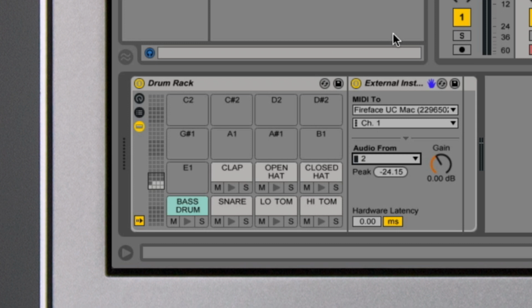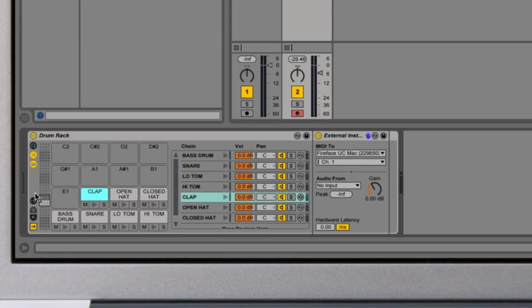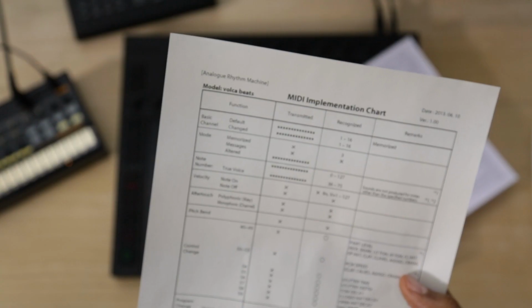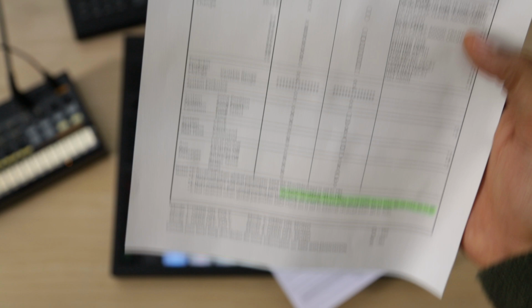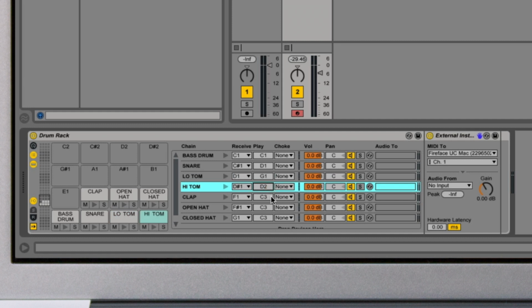As a final step to play your drum machine from Push, you will need to set up the drum rack so the MIDI notes of the drum rack pads in Live correspond to the pads on Push and trigger the sounds of your drum machine. To do this, we'll need to open the chain section of the drum rack and go to the Input-Output section. Using the MIDI implementation chart of the drum machine, we can now map the correct MIDI notes that play the drums of the hardware to correspond with the drum rack pads so that you have a compact overview of your